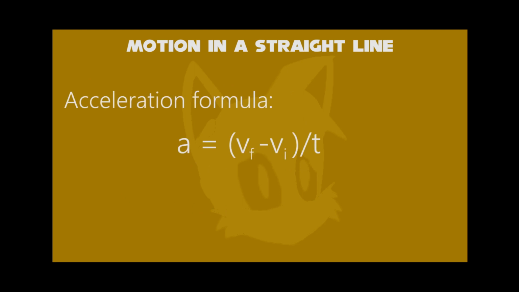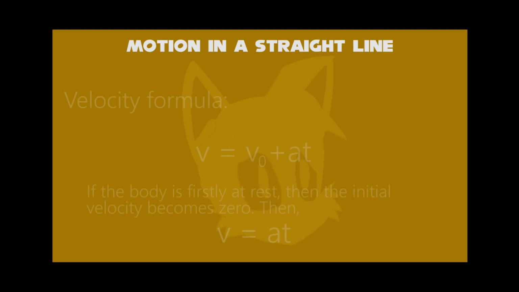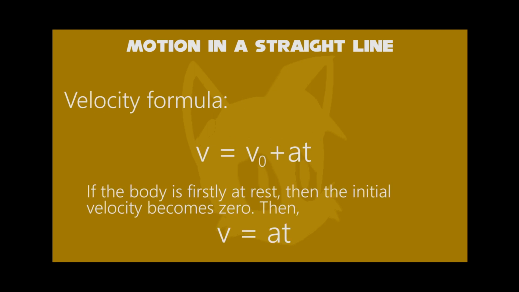Now we move ahead to initial and final velocities. Like in the previous video, acceleration is equal to final velocity minus initial velocity, divided by the time t. We can consider initial velocity as v0 and final velocity as v. Rearranging the formula to get the velocity formula, v is equal to v0 plus at, where v0 is the initial